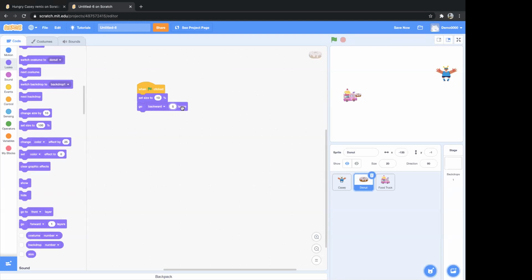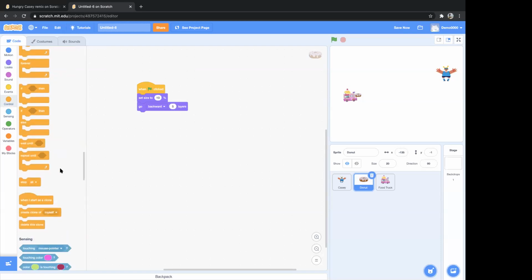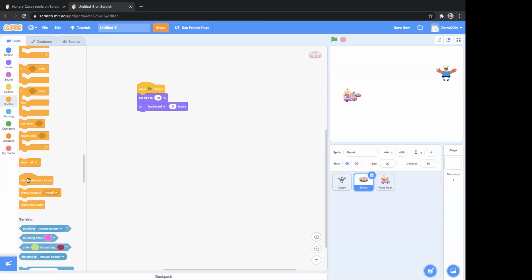Okay, now in this, we will be introducing a concept called cloning. As you saw in the game that I played for you before, the donuts were continuously coming out from the food truck. So when you go to event control here, when you scroll down, there are 3 blocks here: when I start as a clone, create clone of myself, delete this clone. So, what is a clone? Clone is a feature that allows the sprite to create a copy of itself.